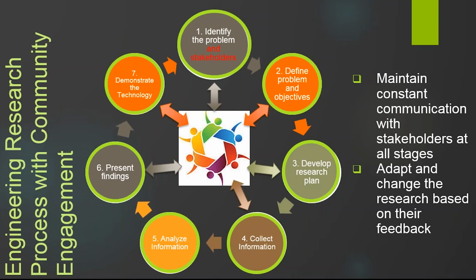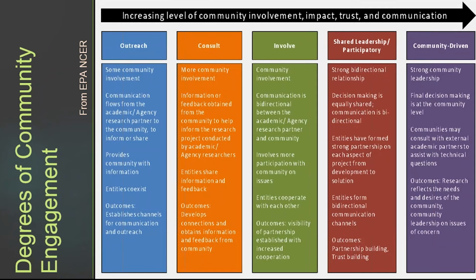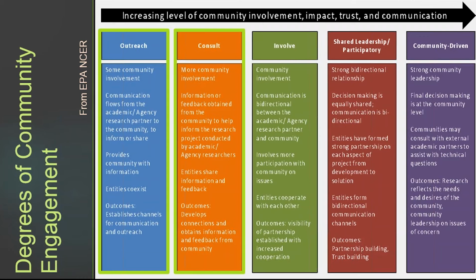However, as the EPA outlined in this diagram, there are different levels of community engagement, from outreach on the left in the blue, that may have been more of our traditional way of community engagement, which is we identify the problem, we develop the research plan and conduct the analysis, and then we may present the findings to the broader research community. However, this is more one-directional,